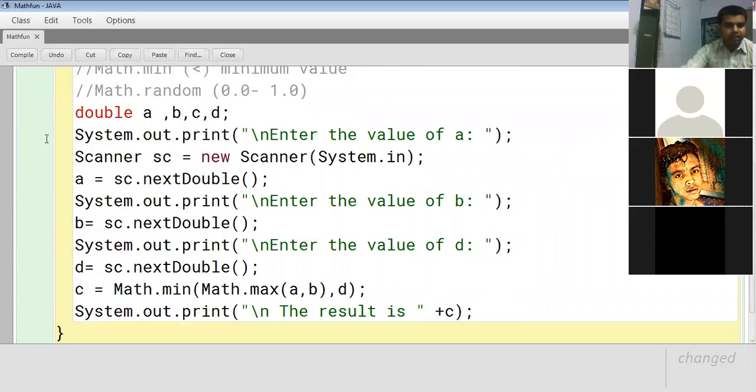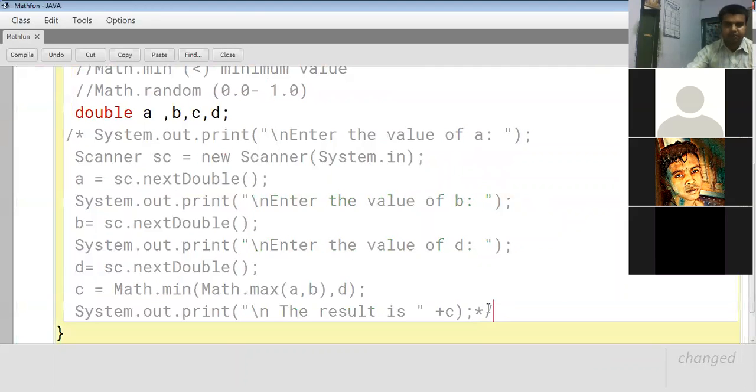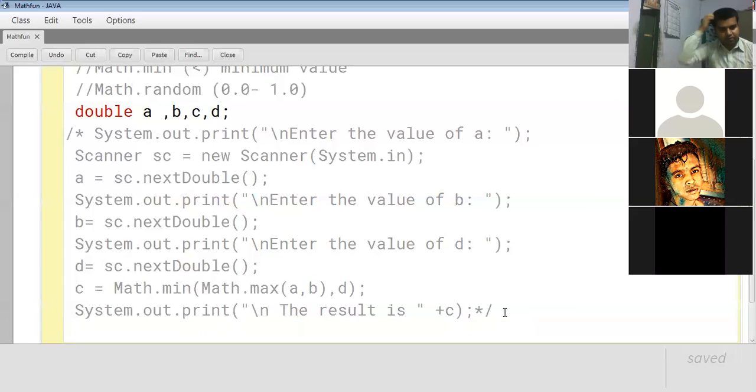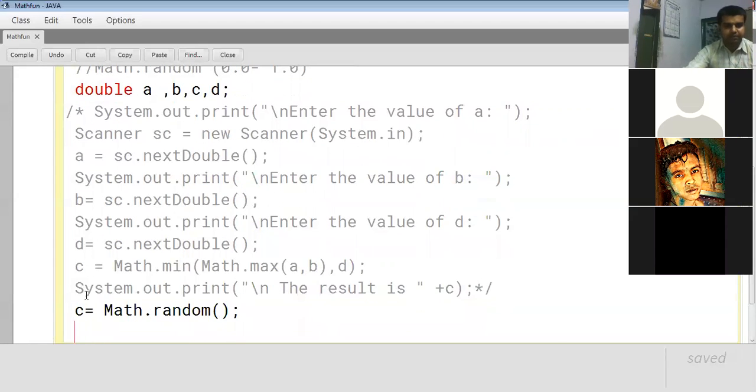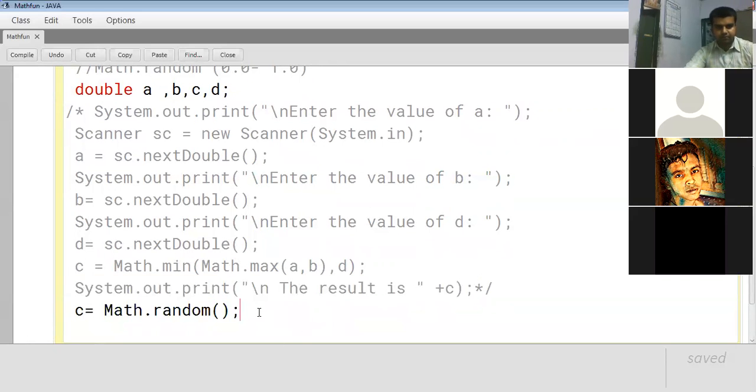Since I do not need any value, I'll switch off this part temporarily. And what I will do is use C is equal to Math.random, semicolon, and I'll use the printing statement to see what output is obtained.